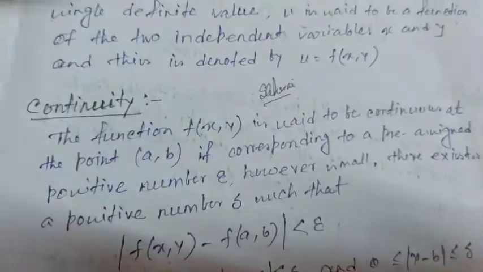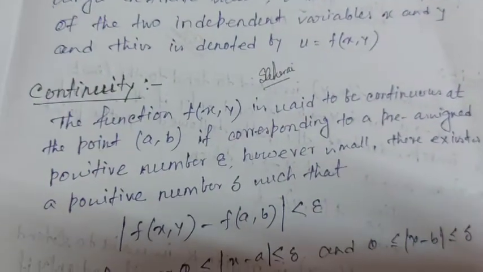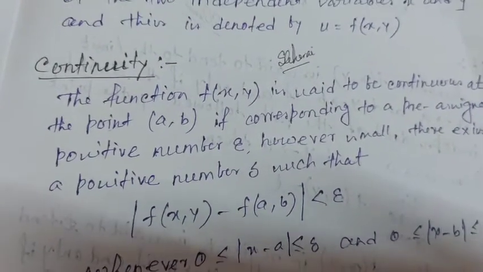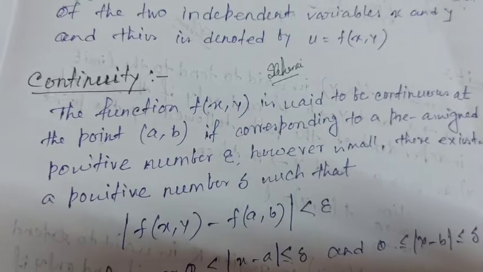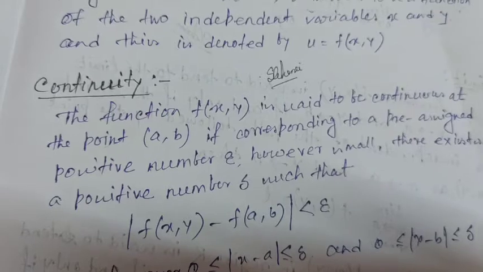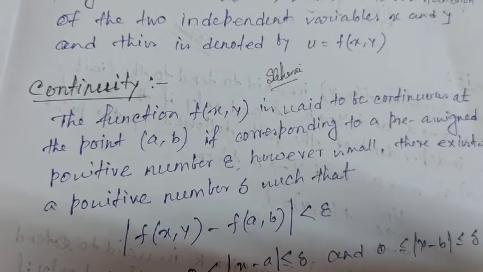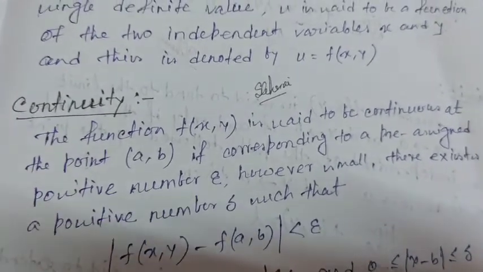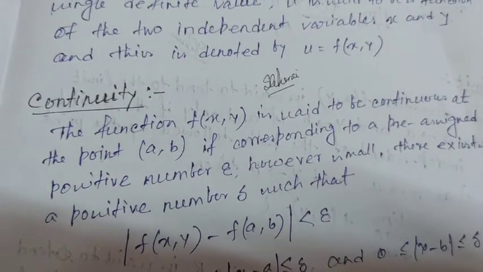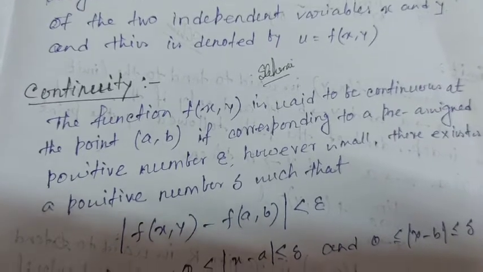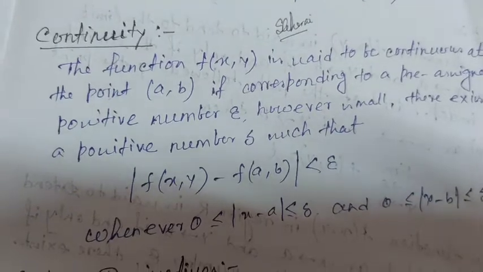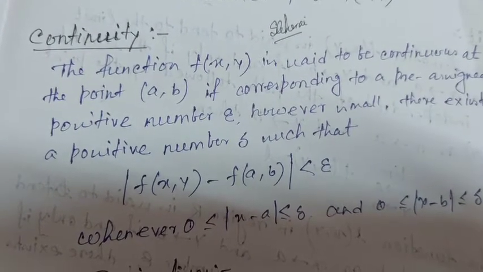Guys, in this video we will discuss how we can find whether a bivariate function is continuous at a given point (a, b). By the literal definition of continuity for a bivariate function, f(x, y) is said to be continuous at the point (a, b) if, corresponding to a pre-assigned positive number epsilon however small, there exists a positive number delta such that |f(x, y) - f(a, b)| < epsilon